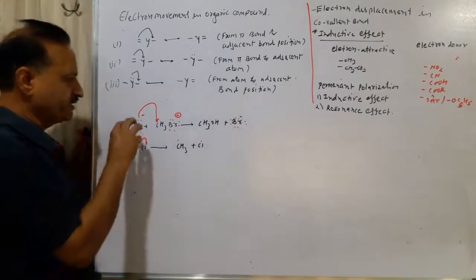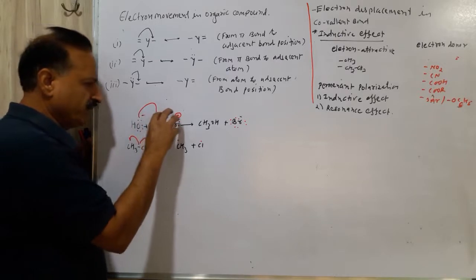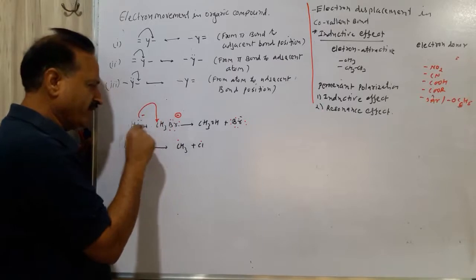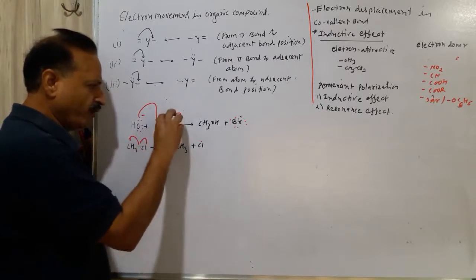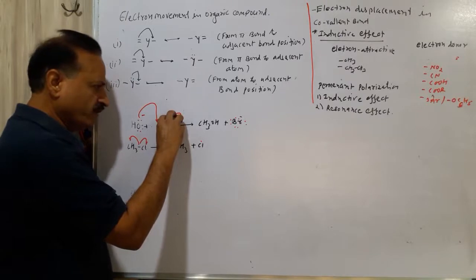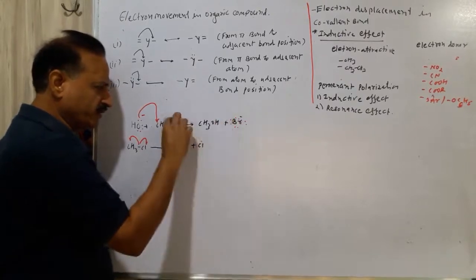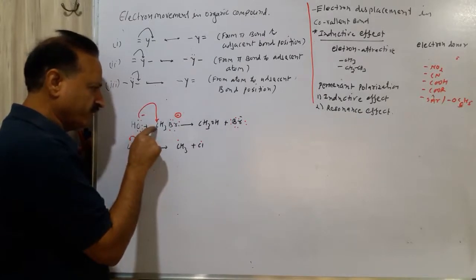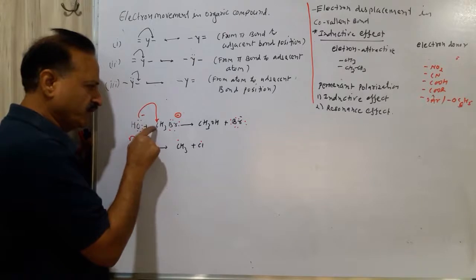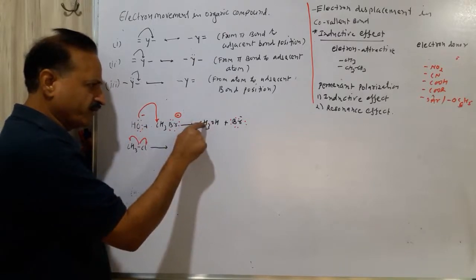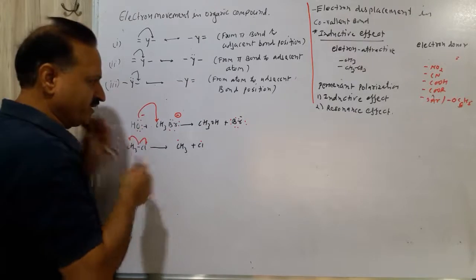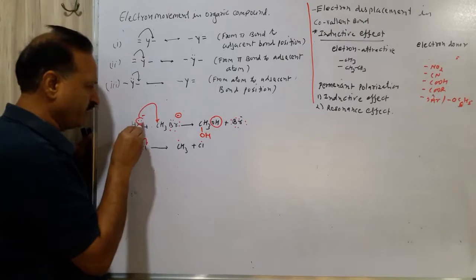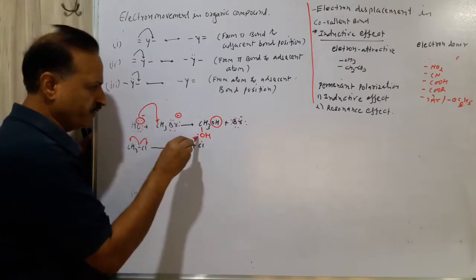Here the example is hydroxide and this is methyl bromide. Hydroxide is transferred to methyl, so carbon and hydroxide will form a bond and bromine will be released from here with the bond's electrons. So bromine goes from 6 to 8 electrons, and the hydroxide ion's oxygen forms a bond with carbon. When the bond is formed, oxygen and carbon have a single bond. One bond requires 2 electrons, so here must remain 4 electrons.